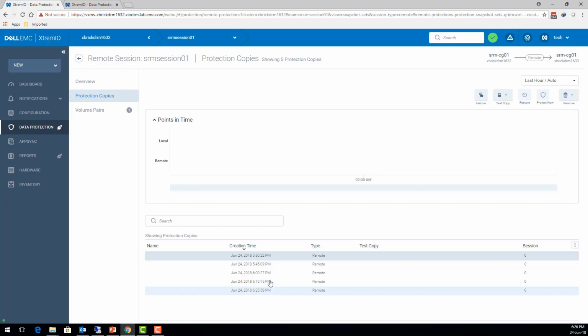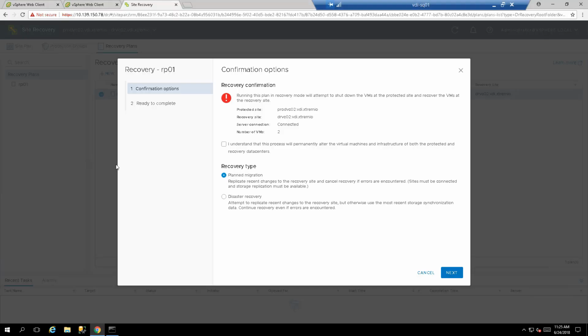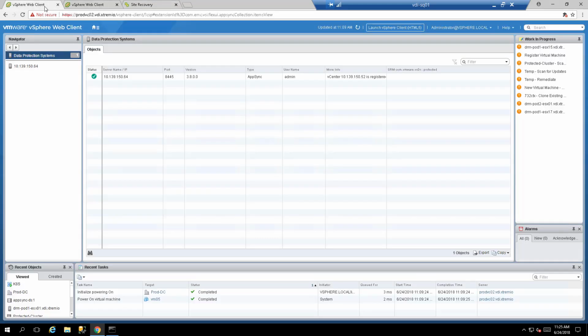In order to overcome this limitation, you can use the VSI plugin with this Site Recovery Manager integration, which will allow you to fail over or test a specific failover point in time to be used with SRM. So how do you do it? Once you've got your DR set up and replication is running and you've installed SRM and all of this pre-preparation,